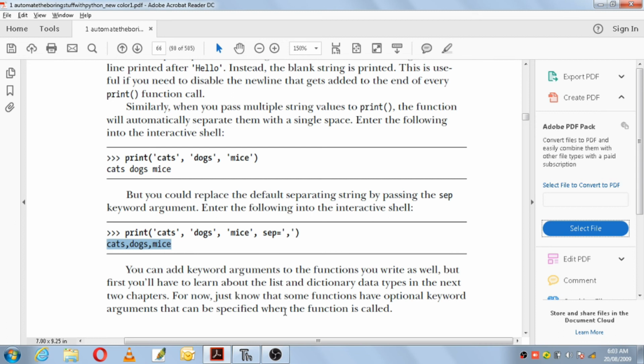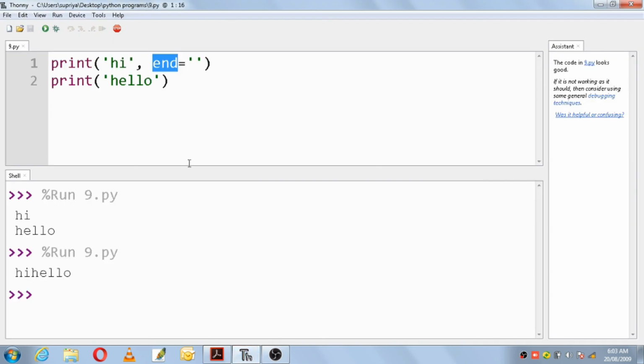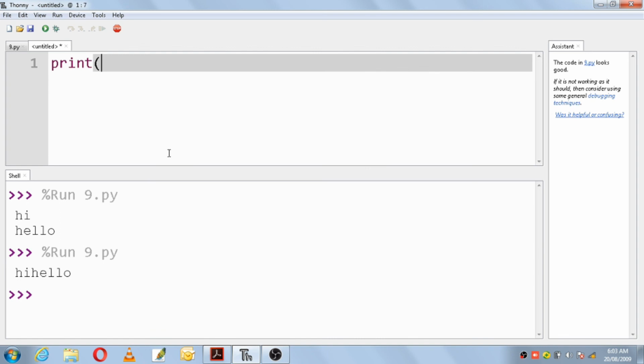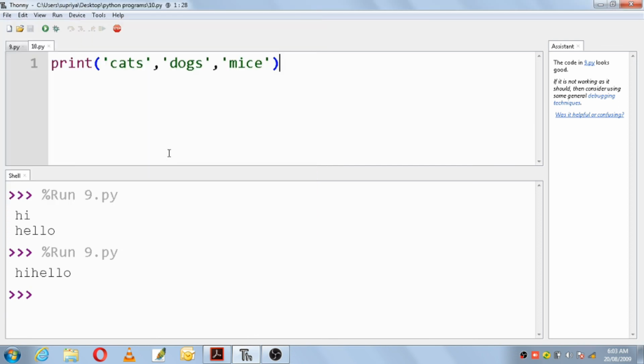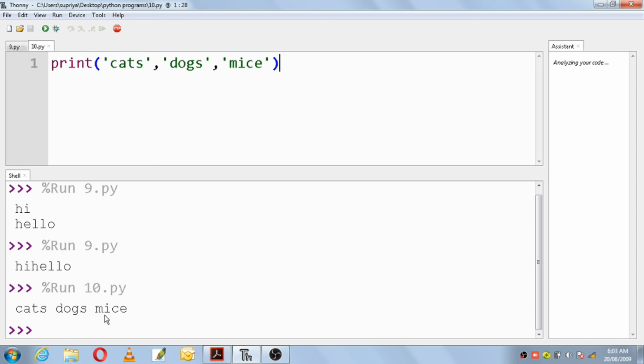So let's try this program. Print cats, comma, dogs, comma, mice. Okay, so if you give this F5, it will print cats dogs mice.